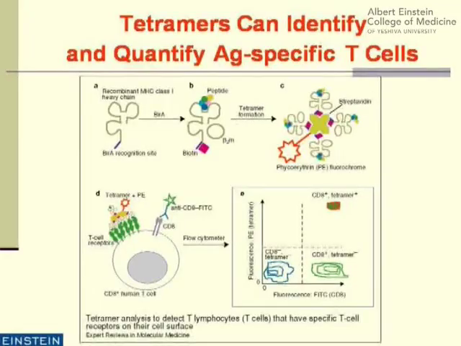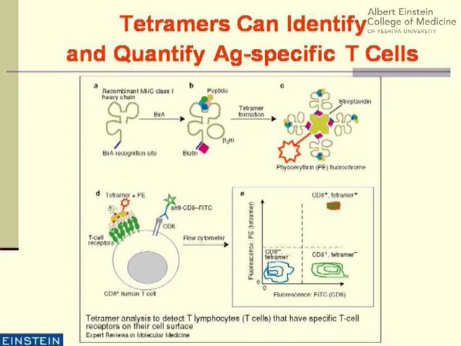Now, one of the really exciting things that has emerged in immunology in the past few years is the ability to quantify antigen-specific T cells. So, for example, if I wanted to ask the question, how many T cells does someone have in their circulation that recognize an HIV peptide, how would I answer that question? Up until a few years ago, I wouldn't be able to tell. However, this is